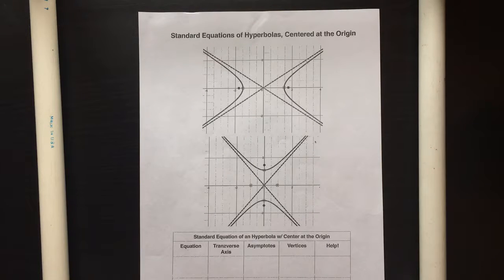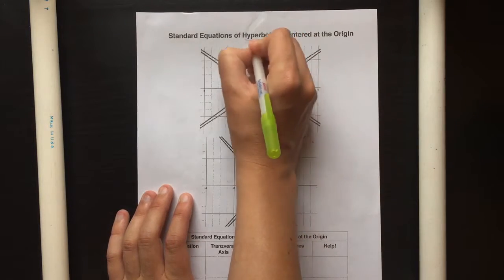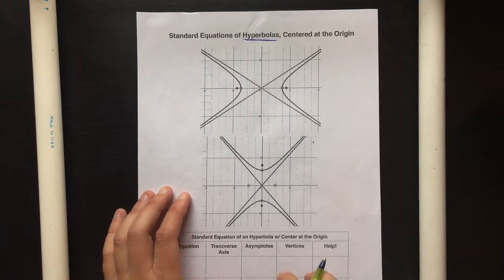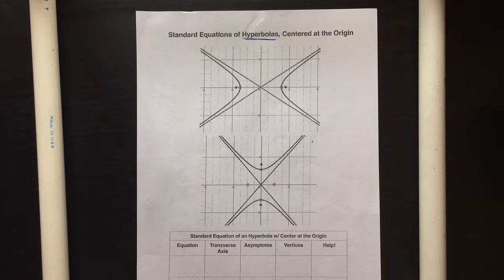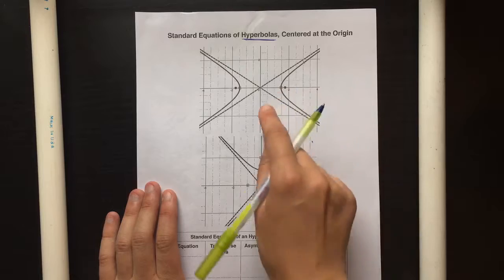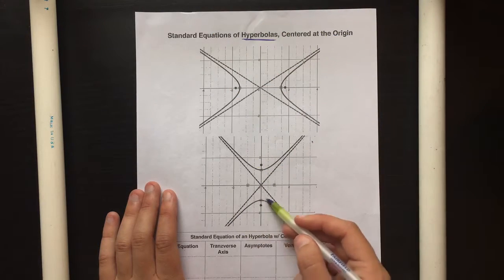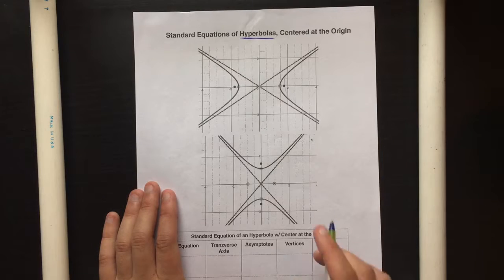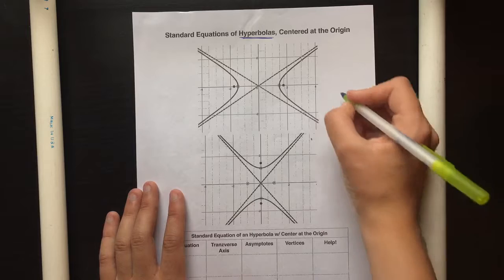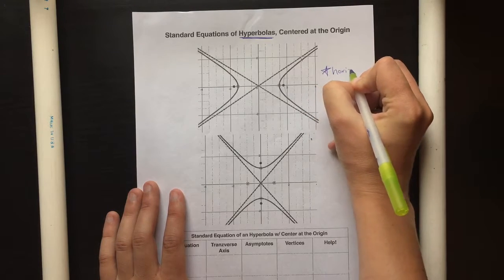Hello mathematicians. Today we are looking at standard equations of hyperbolas centered at the origin. Hyperbolas are these solid lines here and here. It's kind of like a mirror image of each other. So this first one at the top is on the horizontal